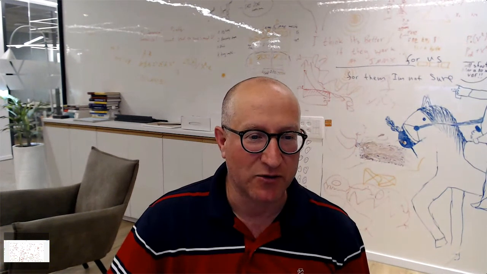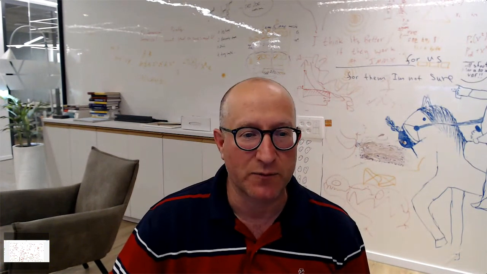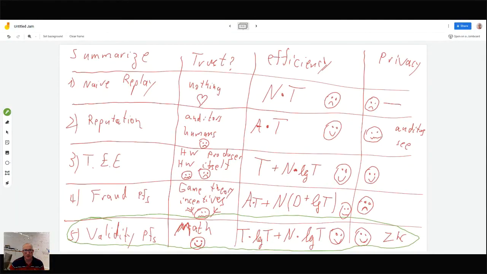If you go back here, what is the advantage of the fraud proofs? I'm not sure I see it. Where is it better? It doesn't have privacy. It takes more time because it's n times d plus log t, and it's a times t. Oh, I see. If a is less than log t, then you could argue, well, then maybe, you also have in the second term for fraud proofs,